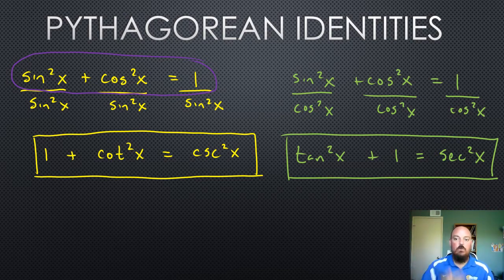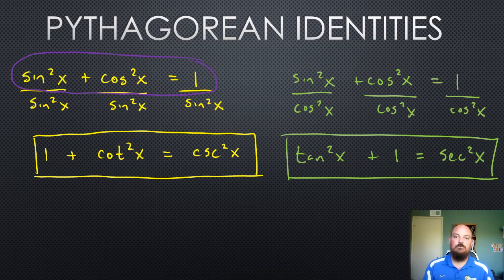You do the quick work we did right here, divide it by either sine squared x or cosine squared x, and then you see, oh yeah, it was 1 plus cotangent squared x equals cosecant squared x. Or oh yeah, it was tangent squared x plus 1 equals secant squared x. And you can very quickly create the other two from the first. But it is important that you remember the first one, the main one, sine squared x plus cosine squared x